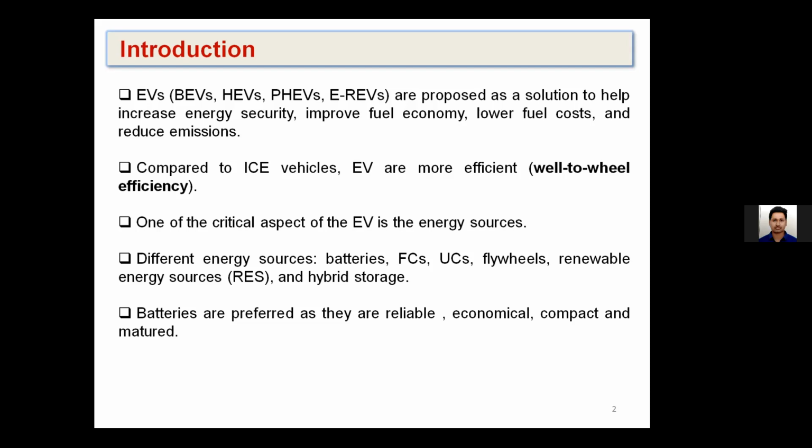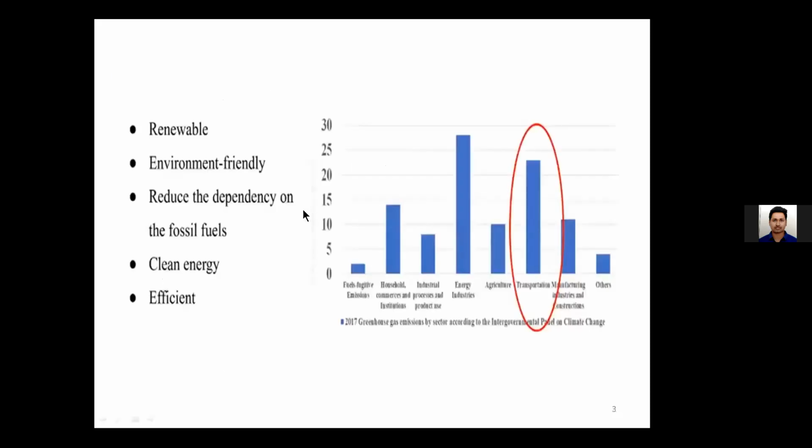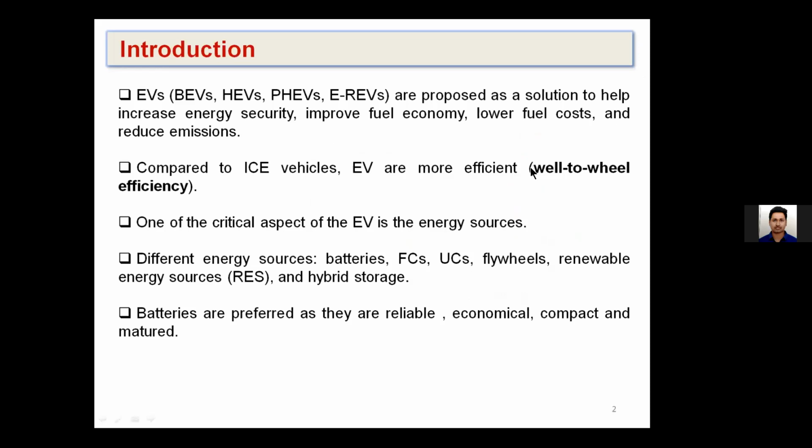So this is one aspect. What we can say is with the penetration of electric vehicles, the urban pollution can be drastically reduced. And here we can see in the graph that around 20 to 25% of the pollution is from the transportation sector, which also includes the pollution that is obtained from flights or aeroplanes. So this is also one of the major contributions of the pollution. So partly we can say the EV is a green form of energy.